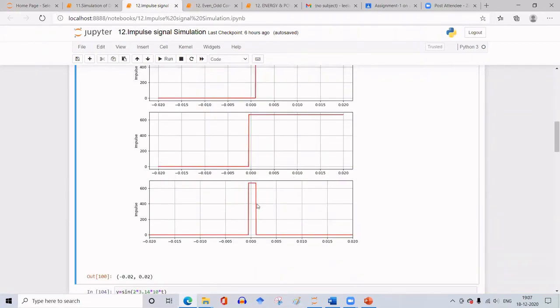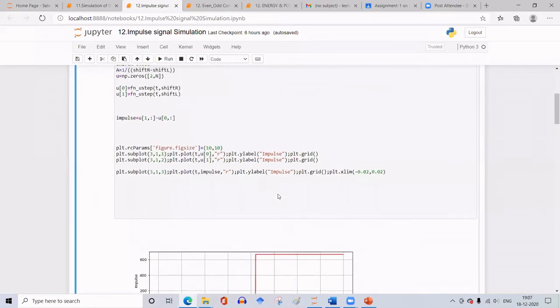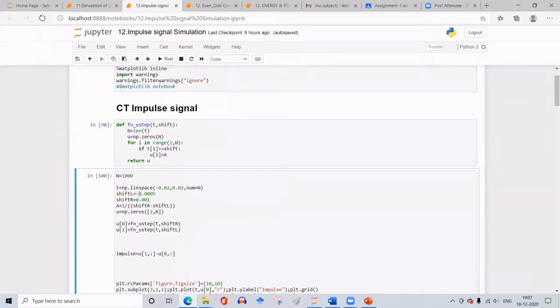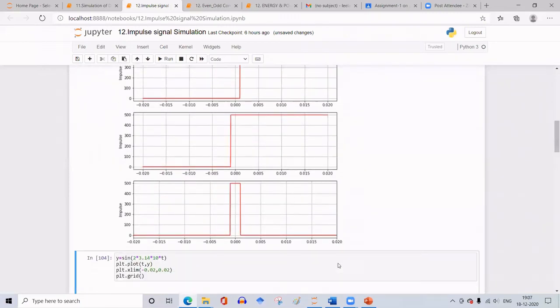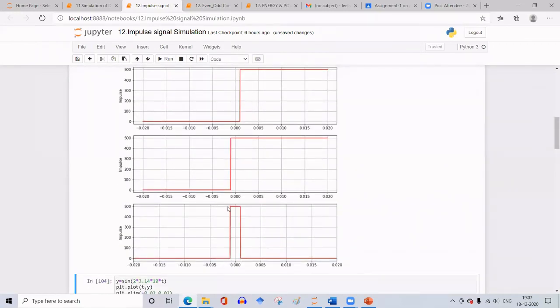Okay. So now I am generating this rectangle by means of two step signals. First, let me generate it around 0, so that the shift left and shift right are both symmetric. Now this rectangle is around the point x equal to 0, or around the y-axis. So you understood this, no? As the width tends to 0, that signal is called the impulse signal.